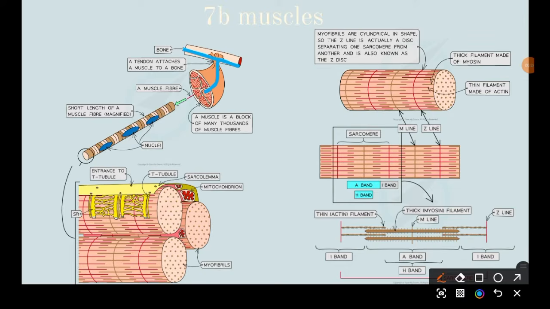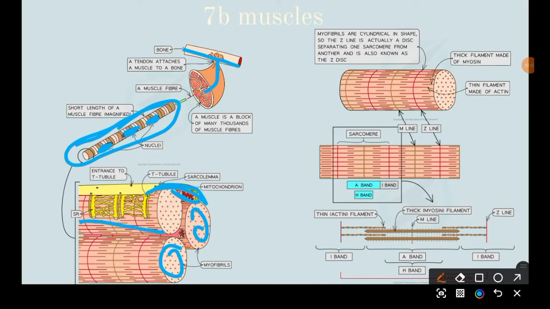A recent past paper question in 2021 asked to describe the structure of a skeletal muscle fiber, and the answer was a single cell that is multinuclear. It has actin and myosin bands that alternate to form a sarcomere. So as you can see here, a muscle fiber is a single cell, but it has multiple nuclei. So here's a single muscle fiber, and then here are 3 muscle fibers, and they're joined together